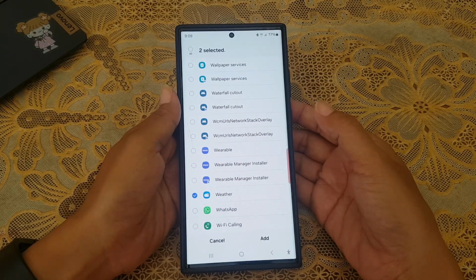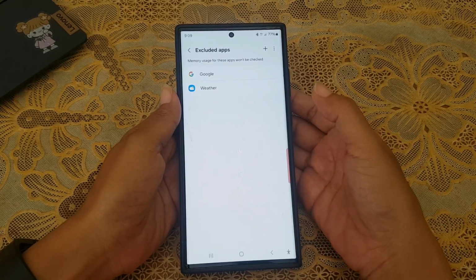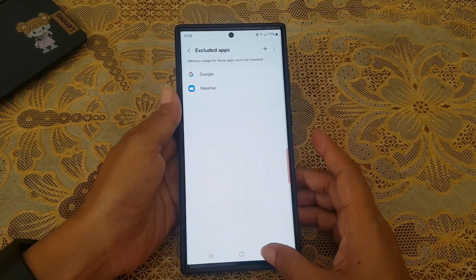And then tap add to add the selected apps to the excluded app list. Go back to the memory menu.